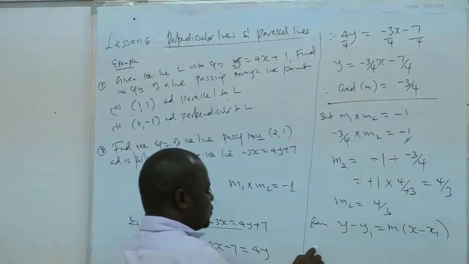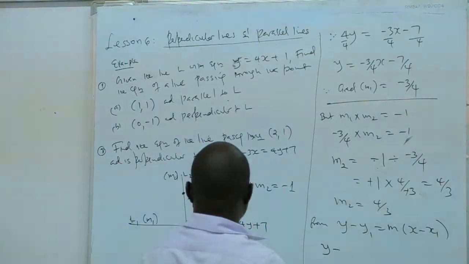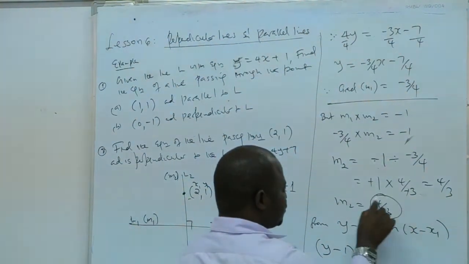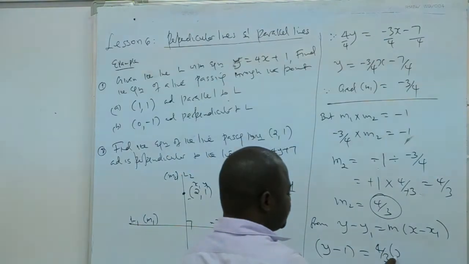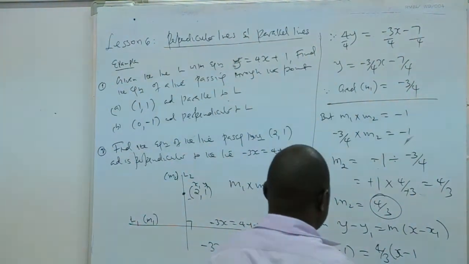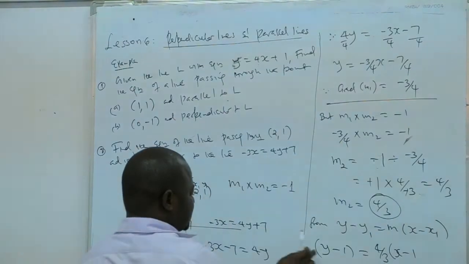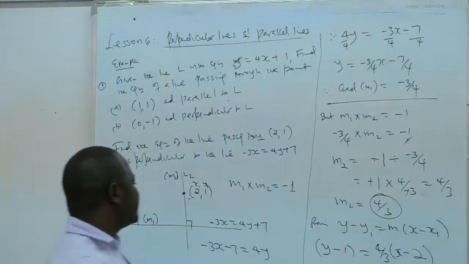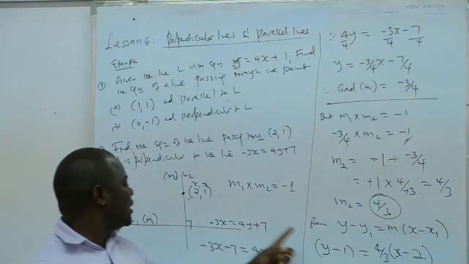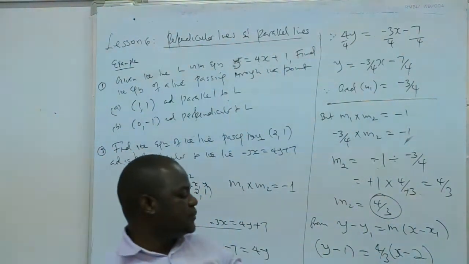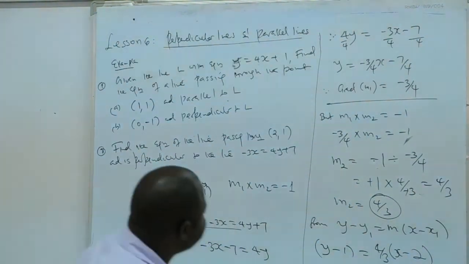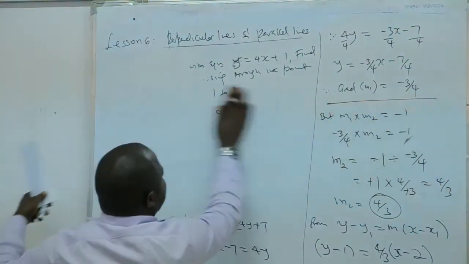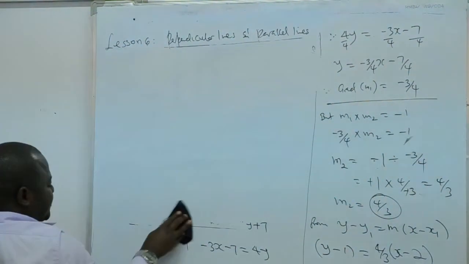So substitute: y minus 1 into the gradient, which is 4 out of 3, into x minus 1. No, sorry, this is x1, yes, that's true, I read it properly. So you just get x1, put it here, y1, this, that. So it's just a matter of clear substitution there. So when you substitute that, you'll have the solution.